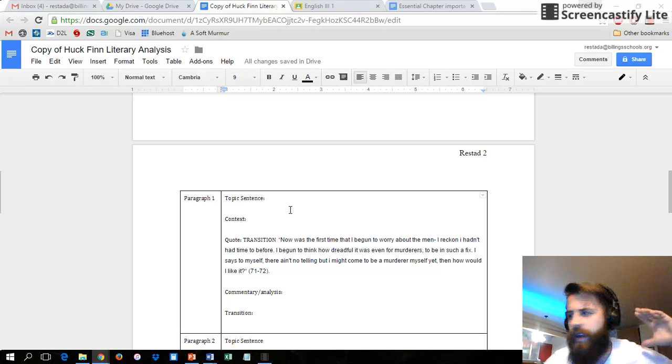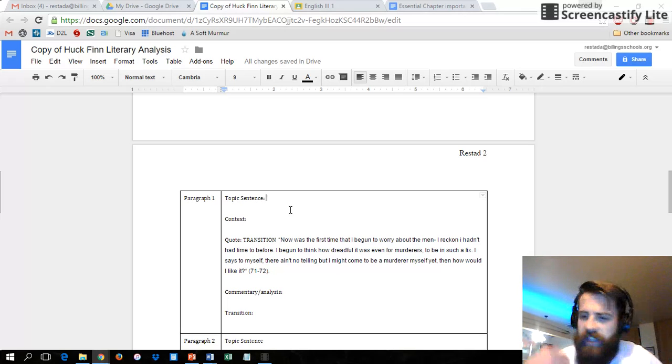This is the part of writing where it's not pretty, but you just have to get your ideas on the page and be okay with changing them and working with them because they're not going to be perfect the first time they come out. So this topic sentence that is going to encompass this entire paragraph might go something like,